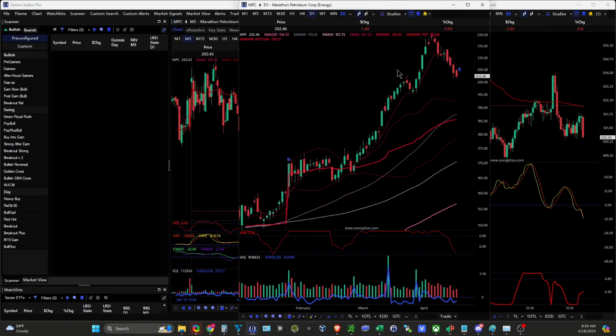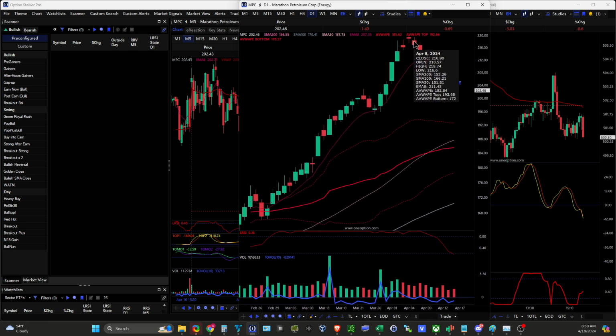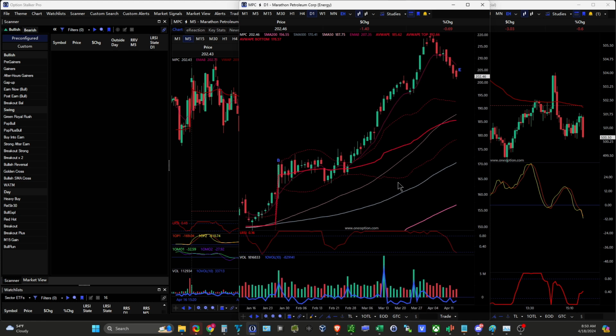I would say that one thing that I've heard before is that if you get a doji candle like this, typically you'll have a move in the trend the next day. I've heard that before, and I've definitely seen that. You get that right here as well. But other than that,